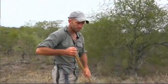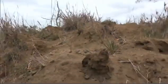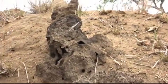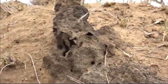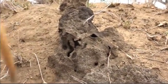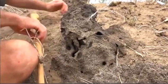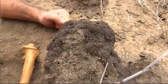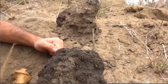Right, come and have a look here, everyone. This is an active termite mound. We have a lot of questions about whether or not they're active or dead, and some people will tell you if they've got vegetation on them, they cannot be active. Well, this puts pay to that story. This is a very active termite mound, and you can see it's just been built here. I'm going to take the microphone off here and try and get you to hear the clicking noise that they make